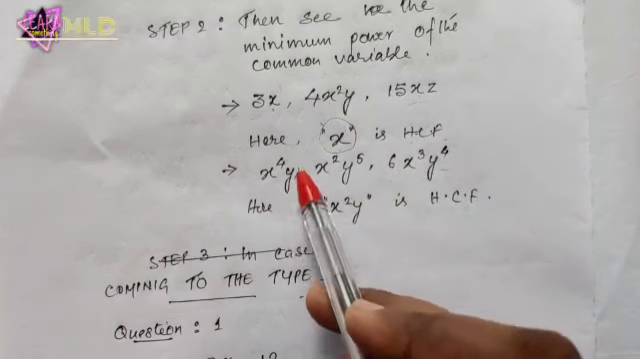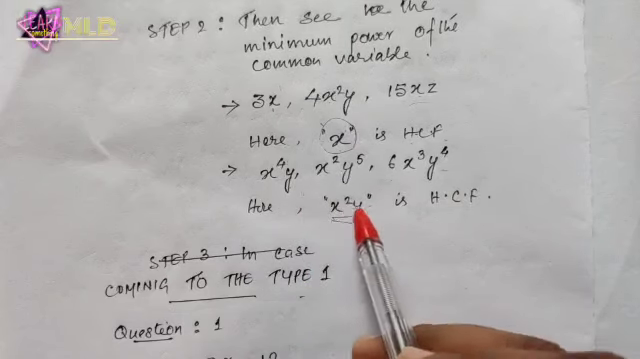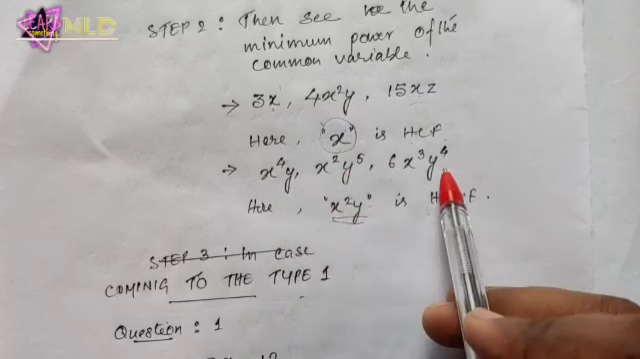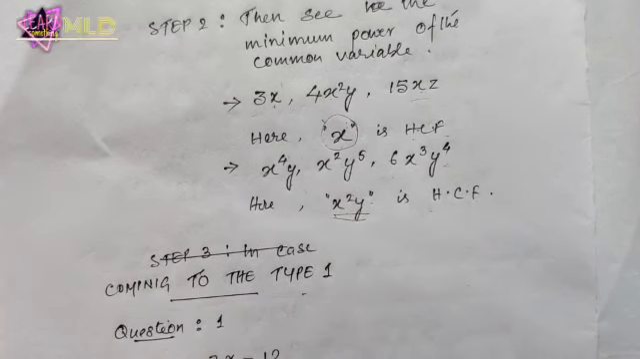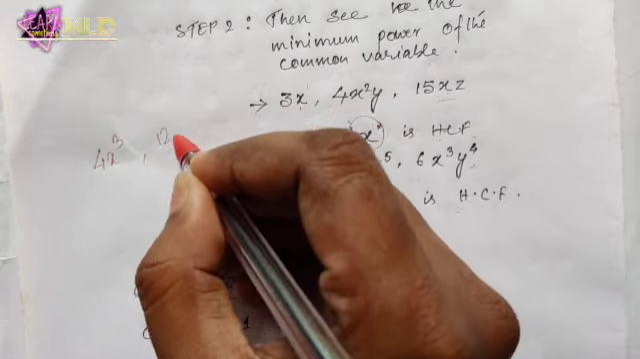So y to the power 1 is common for this term. So finally, x square y is the common for these three terms. That is called HCF. Okay, now since we understood what is common, and also let's say 4x cube and 12x